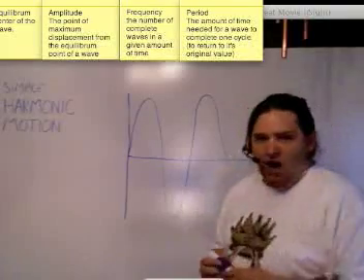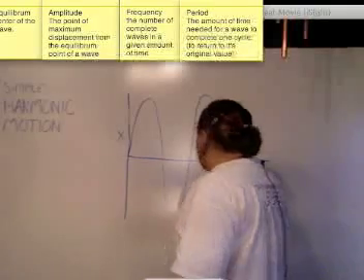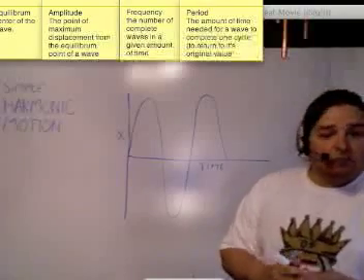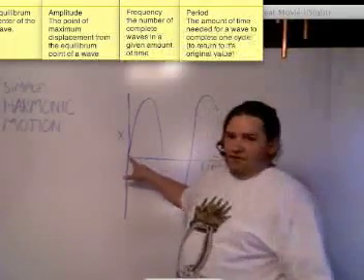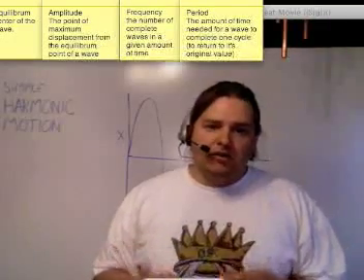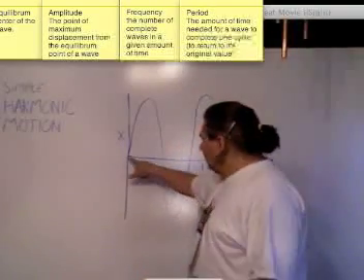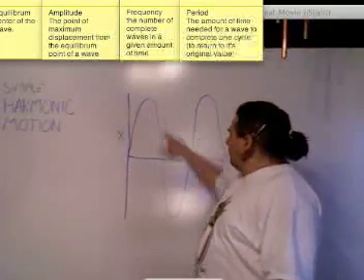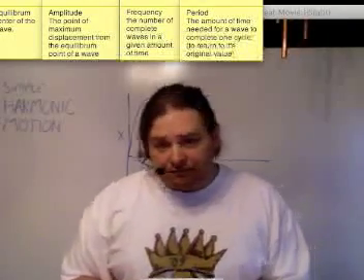So looking at this graph, and remember we were talking about position and time, let's first talk about what it means to be a complete wave or a complete cycle. If I were to start here, I'm looking for the point where we return back to its original shape, or I should say not original position, but original values. If I start here and I go here, it looks like I've returned back. But the truth of the matter is I haven't.